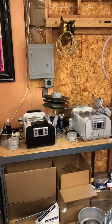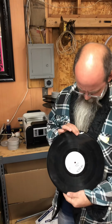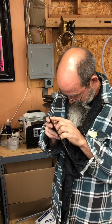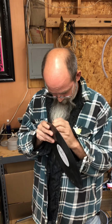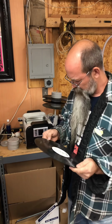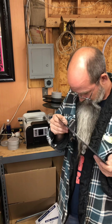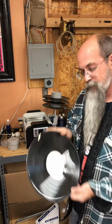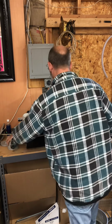I've got 2 more. I don't know what's going on with this Queen record. I can't tell if it's paint. If it's paint, then I don't think it'll take it off. It might be drywall spackle or putty, in which case it may come off. I think it's paint. We'll see, but there's a spot right there. And last but not least,